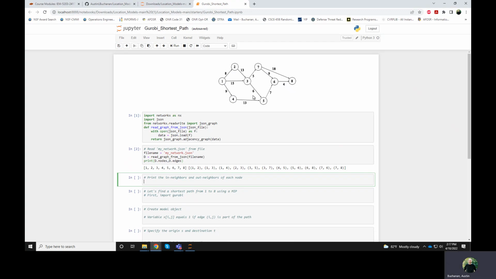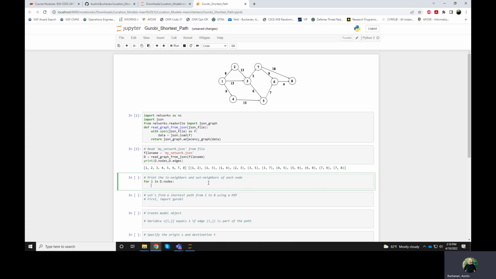Now, in order to write those constraints, we're going to need to know how to refer to the in neighbors and the out neighbors using NetworkX. So for each one of these nodes, for each i in G.nodes, we'll want to print the in neighbors and out neighbors. So node i has in neighbors. Then I'll print the in neighbors, which I would like to refer to something called in_neighbors of i, but